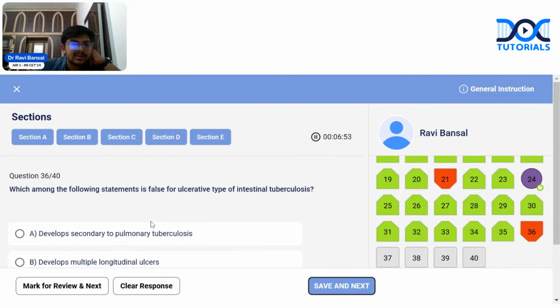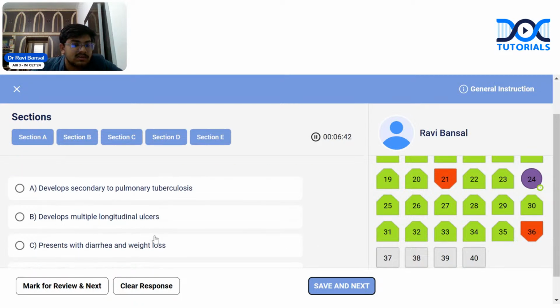Which among the following statements is false for ulcerative type of intestinal tuberculosis? Develops secondary to pulmonary tuberculosis. Every other tuberculosis develops secondary to pulmonary tuberculosis. Develops multiple longitudinal ulcers. In TB we get transverse ulcers. So you can remember, this is the intestine, and obviously TB causes stricture and intestinal obstruction. A longitudinal ulcer cannot cause a stricture because it lies along the length of the intestine. Whereas a transverse ulcer, when it heals, forms a scar circumferentially, so it